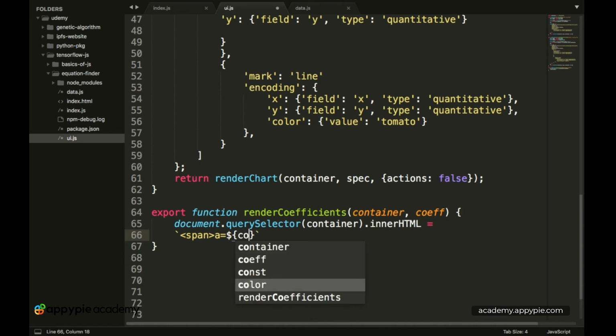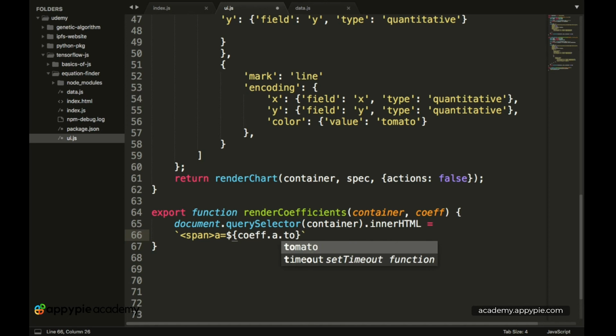Over here we have coefficients.a, and now we have to show this as a numerical value. So we have toFixed, and this takes in a numerical value and it is 3.